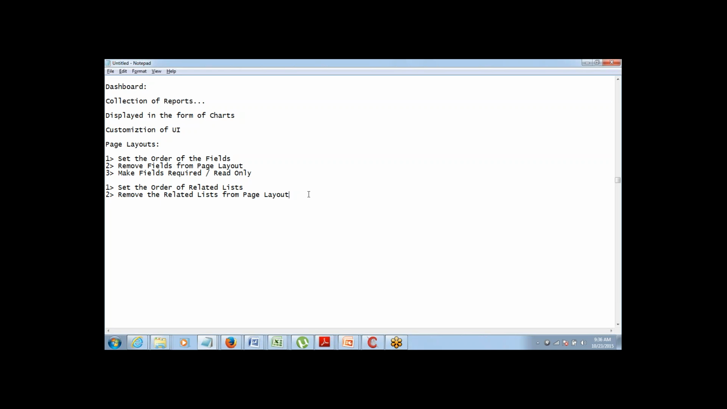Now talking about multiple page layouts for same object. Why do you think we need multiple page layouts for one single object? Why do you think we will need multiple page layouts for one object? What can be the reason? For different, there are so many users, right? For each user, we can assign a one page layout. I mean,